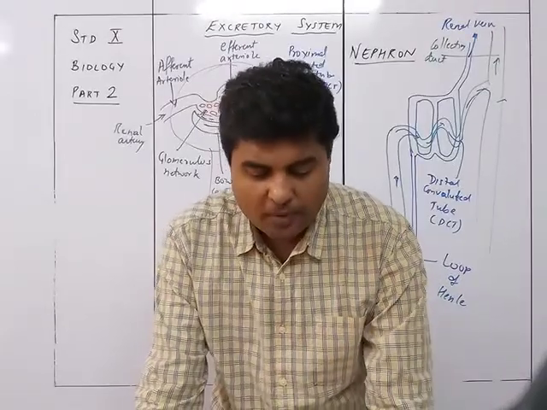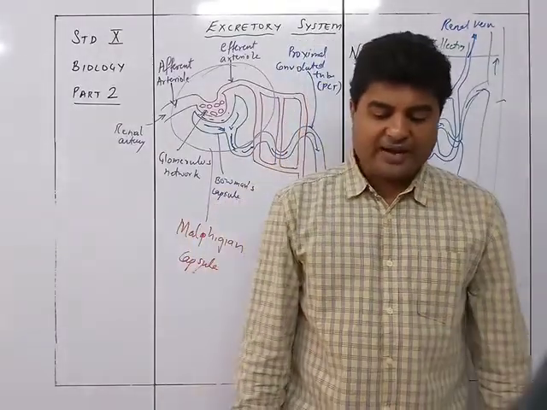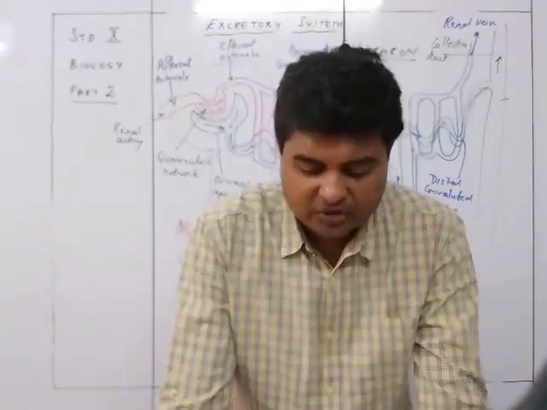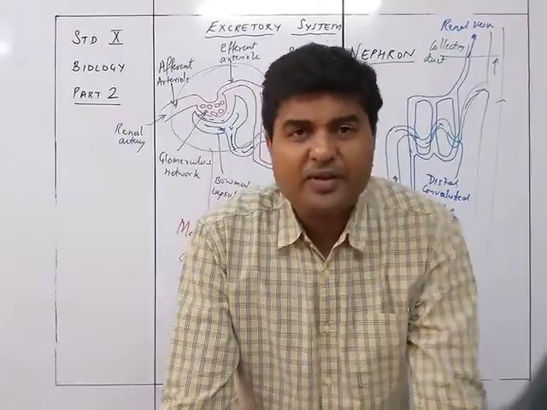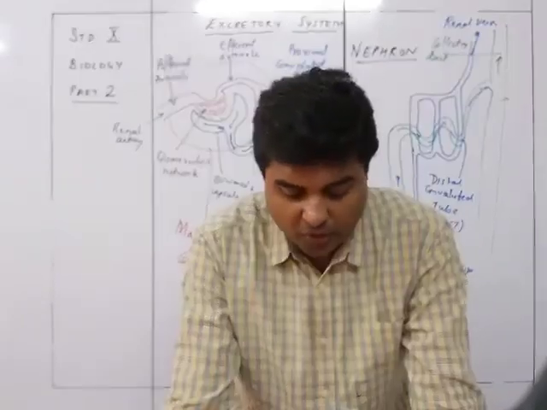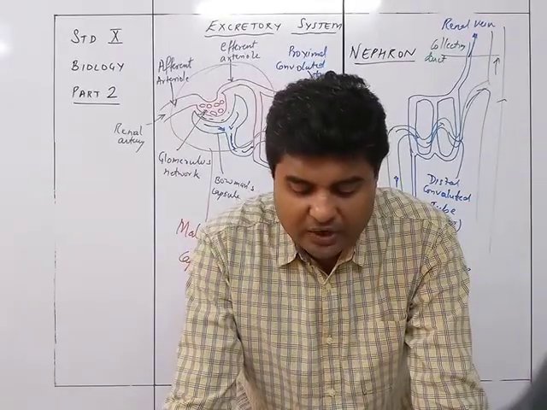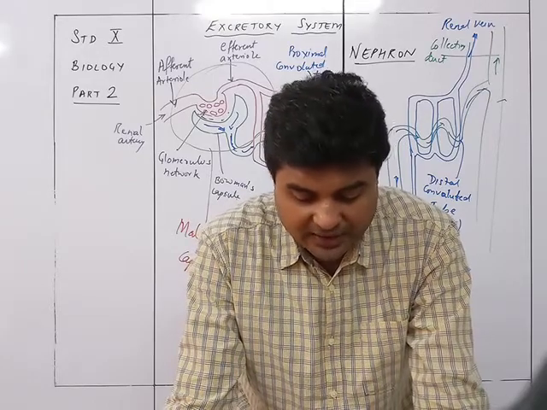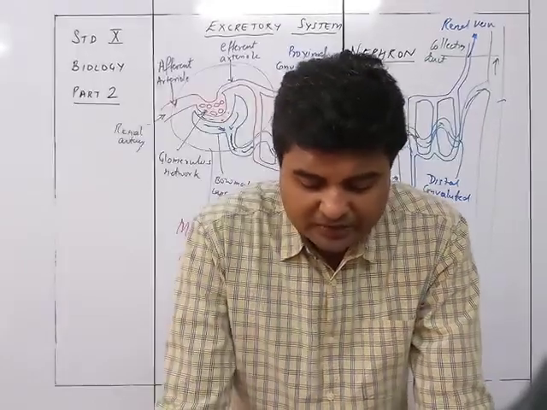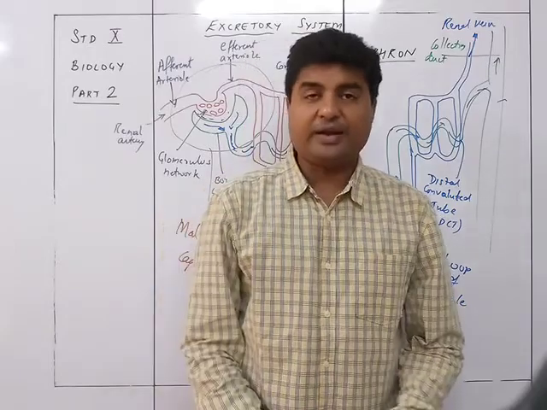Constituents of urine. The normal human urine consists of about 95% water and 5% solid waste dissolved in it. So urine will be 95% water and only 5% dissolved waste. The percentage of solid waste may slightly vary according to the food taken and the time after taking the food, but usually this is approximately in grams per liter of the urine as follows.